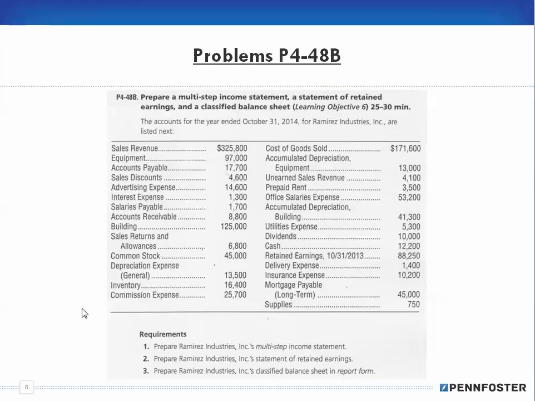The only thing I'm going to say about this is, as I look over the information here, it says the accounts for the year are listed next, and of course they are not listed in any particular order, which is just a pain. So it wants us to create an income statement, a statement of retained earnings, and a balance sheet. They're saying it's going to take 25 to 30 minutes, and what I'm going to do is I'm